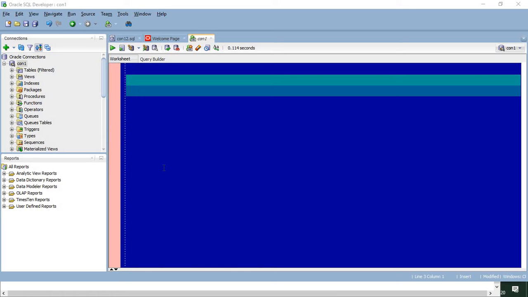Before we apply any one of these operations on two tables or relations, the underlying relations must be set compatible. Or we can say they have to fulfill some conditions. There are two conditions. The first one is that the tables on which we are going to apply set operations must have the same arity, or the same number of columns.